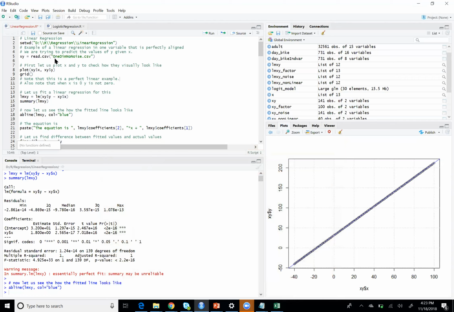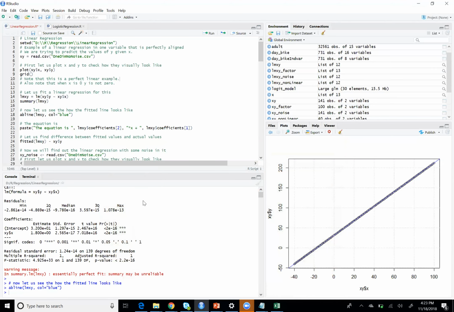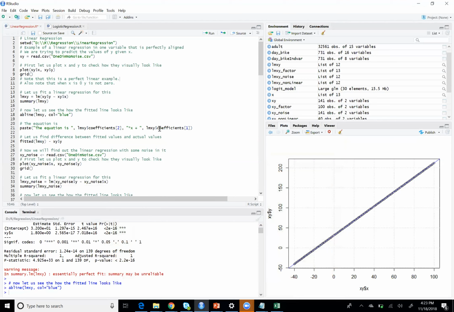There's one file called one dimensional no noise.csv. I want you to write this code so that you understand how the data is loaded. When you do read CSV, you actually get a data frame, and then you can access each column of the data frame by using the $ sign, and then you can use LM of Y versus X. That will give you the model. You can do the summary. The summary will tell you which features to use, how confident it is for every feature. In this case, it'll tell you the intercept is 3-star, and then